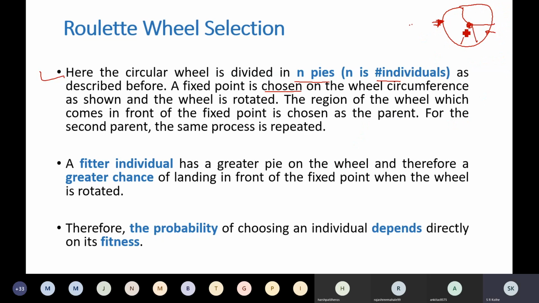The individual which will come in front of this fixed point is selected as a parent. Then the first parent will be chosen. Again the wheel will be rotated. After some time it will stop. Then some other individual may come in front of this fixed point. That will be the second parent which is selected for crossover purpose. So this is the Roulette wheel technique.